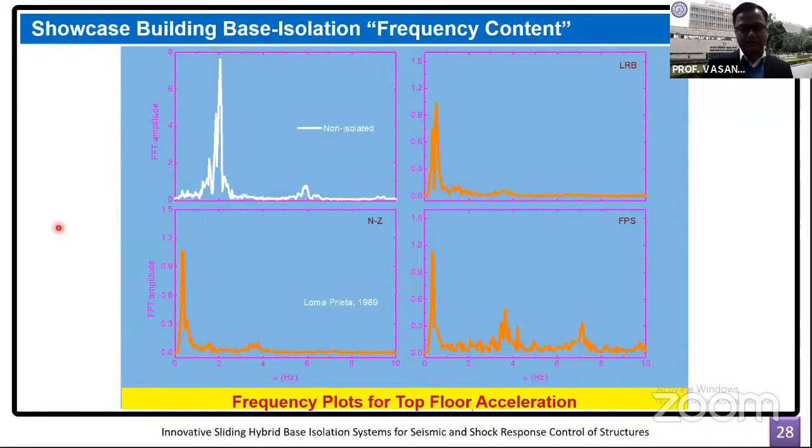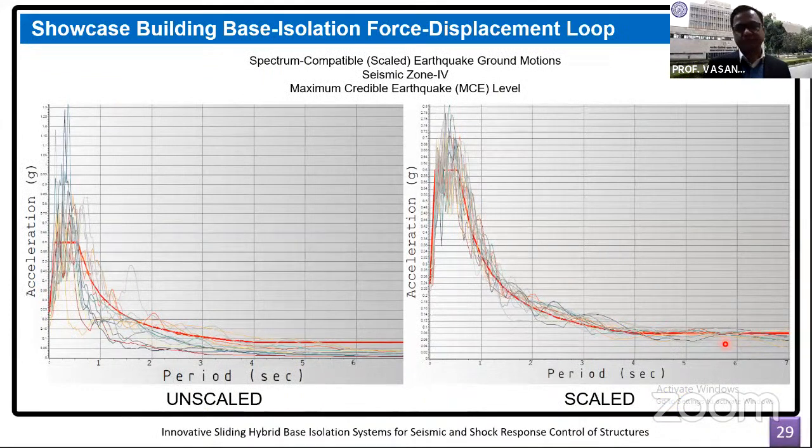What we see in these plots, which are based on frequency, is that the higher mode excitation is more in the case of friction isolation systems as compared to elastomeric isolation systems. However, for all practical purposes, this may not be as detrimental, particularly if the equipment frequency does not match some of these modal frequencies. But otherwise, the friction isolation systems are equally effective as compared to the conventional isolation system, if not better.